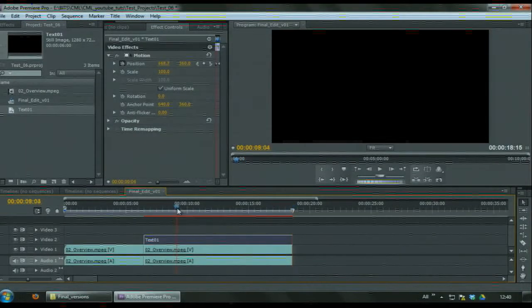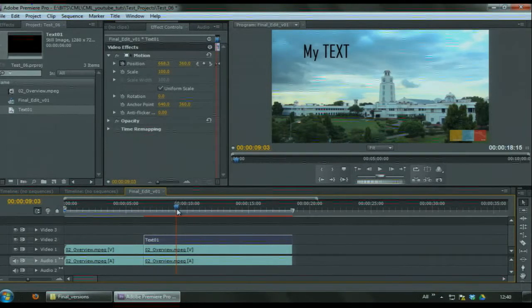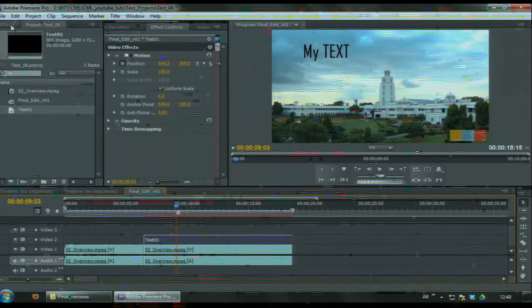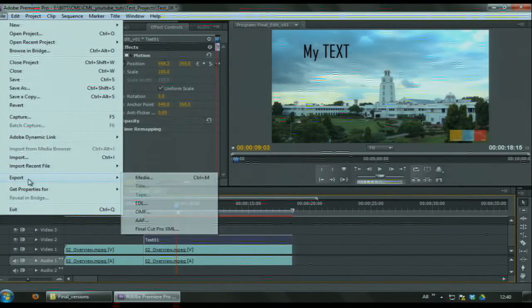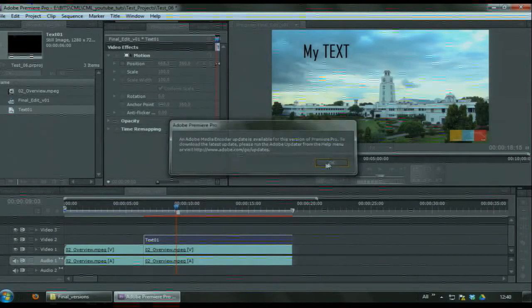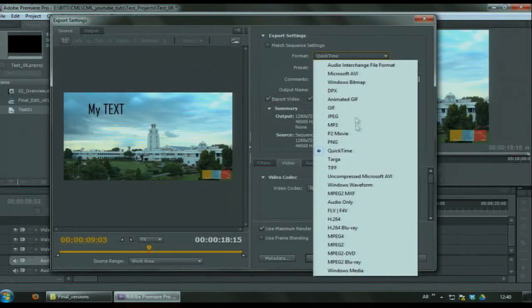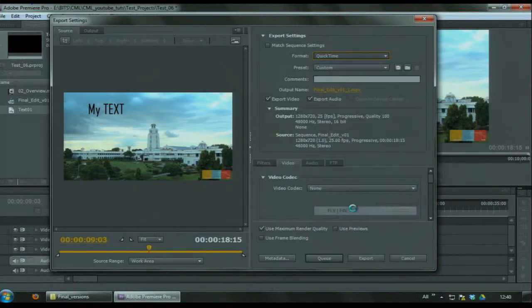The second part is creating a version which is very web friendly, or which is very streaming friendly. So for that we will create a FLV format. So you go to File, Export, Media, and from this I will choose FLV,